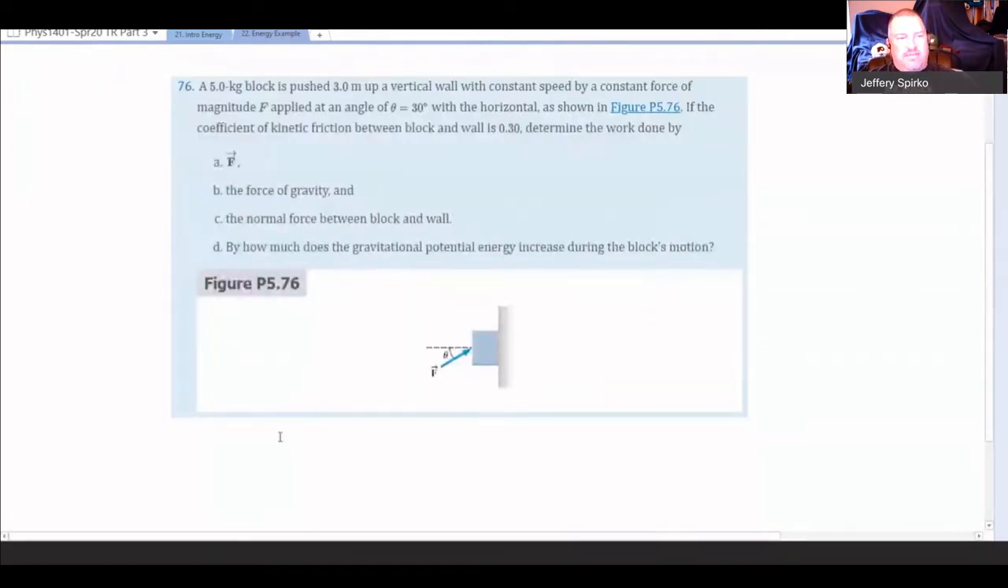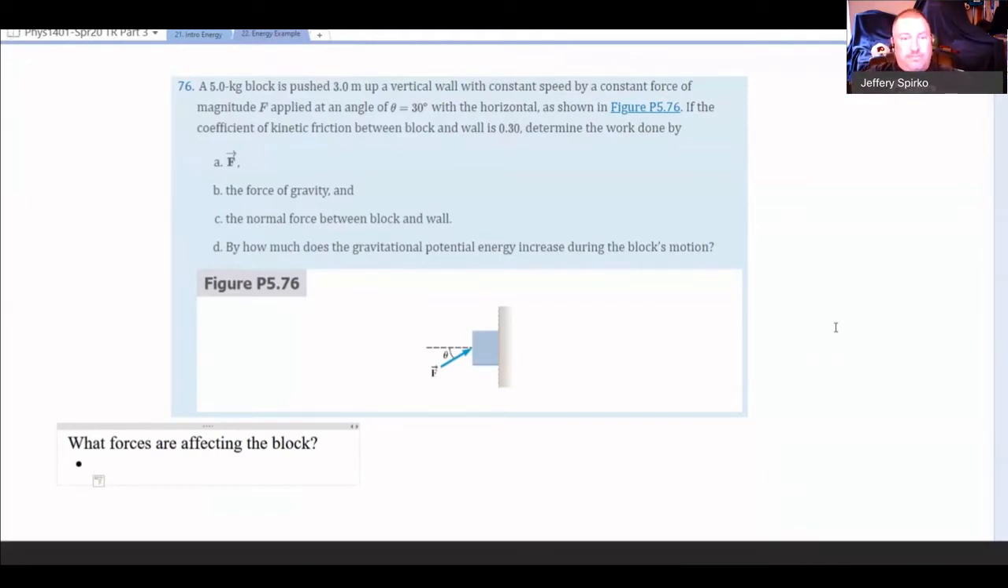So the first thing I have to think about is what forces are affecting the block. And this is usually not a written process. This is usually a thought process, a mental process. And we definitely have gravity, which is our distance force. And we definitely have the applied force, which I'm going to call